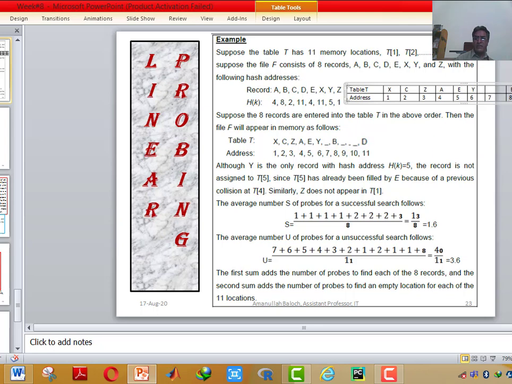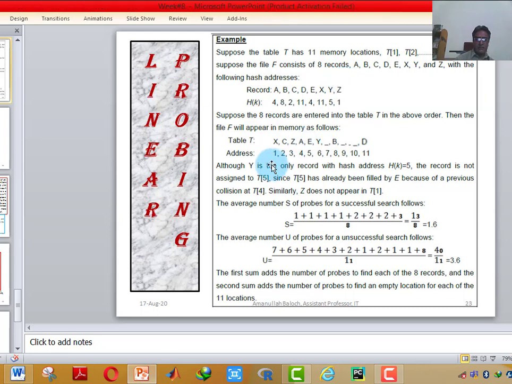This was the technique through which we have stored the records in the 11 memory locations. 8 records have been stored. Three more locations are available, where 3 more records can be stored.